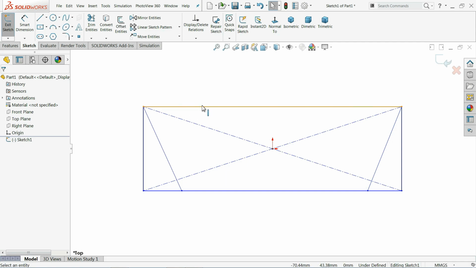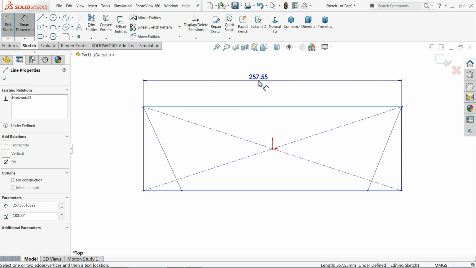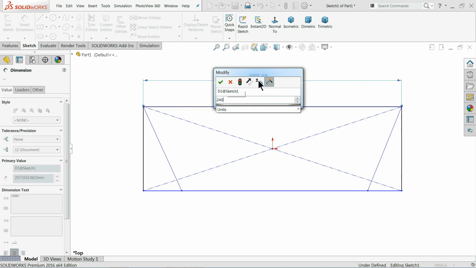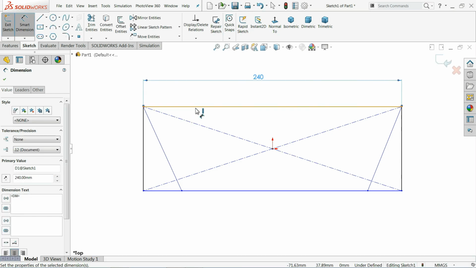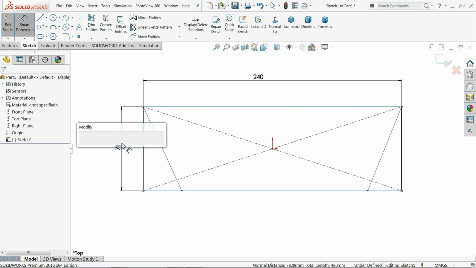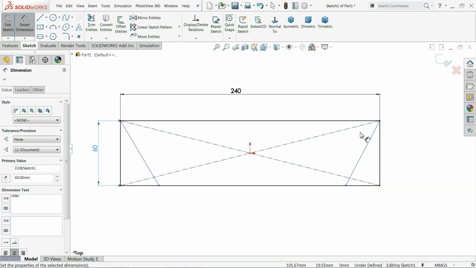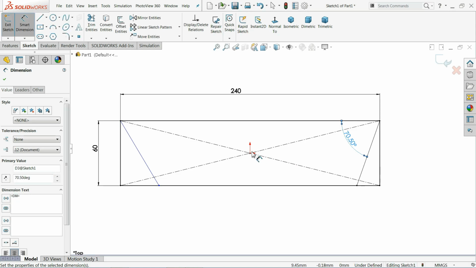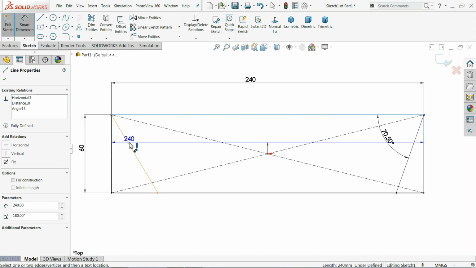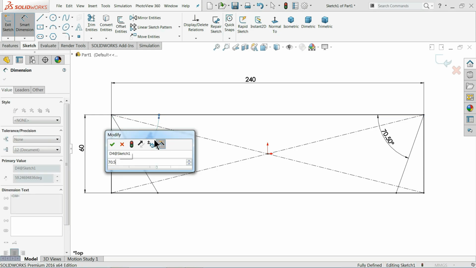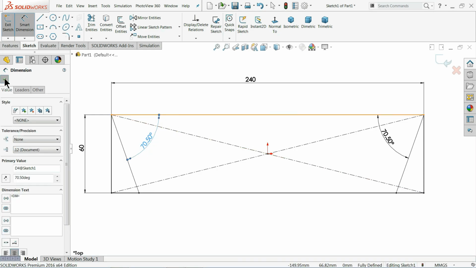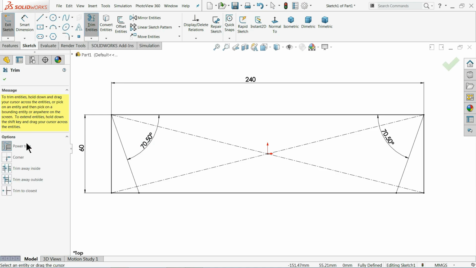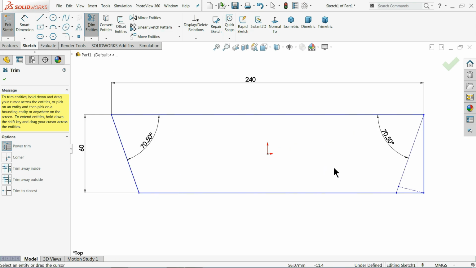Okay, now this is your main geometry dimension. 240 millimeter, 60 millimeter. Now let me change angle, 70.5 millimeter. Now the same angle, even though you can mirror this one, that is better option. Trim entities, power trim, just drag and drop. Delete all these unnecessary lines.